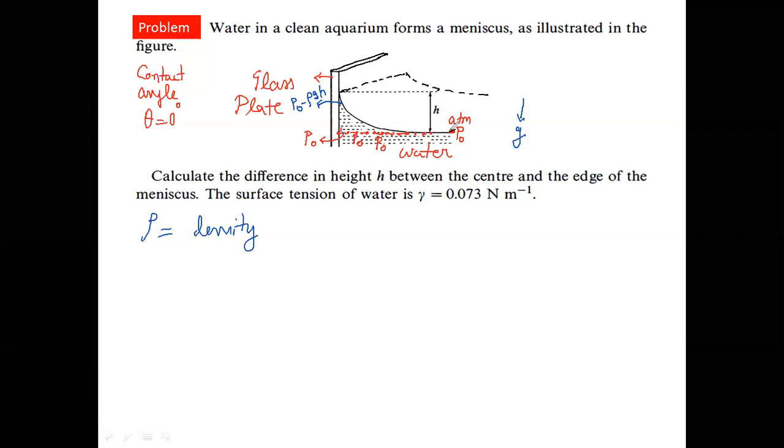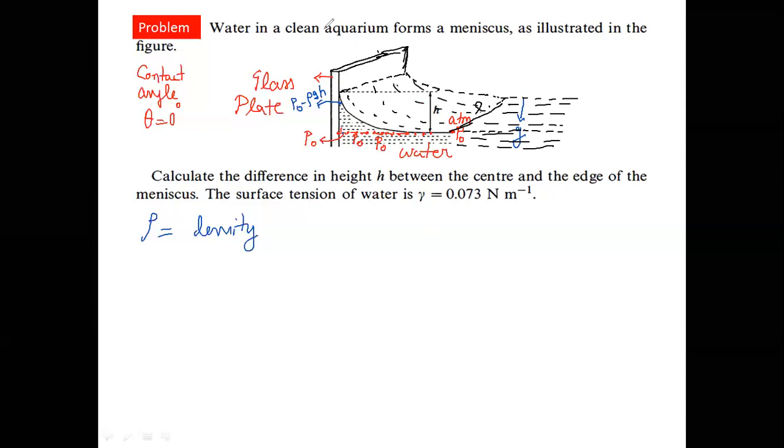So here, let's say this length is small l. We are considering this figure in a three-dimensional view, and the situation will be something like this, right? Here you will have this glass plate. So this is a view in three dimensions. I'm trying to visualize the figure. Now, this is the free surface of the liquid. This curvature is the free surface of the liquid.